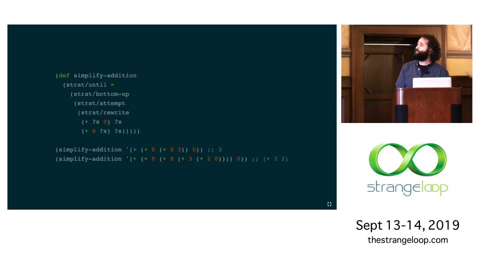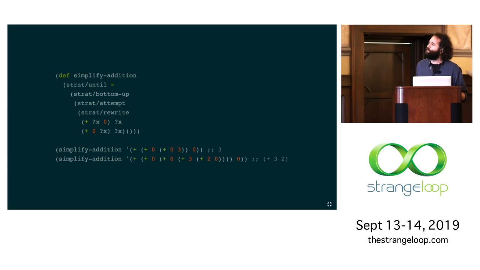So here we have a little bit of code going on, but we're getting rid of all the zeros in addition. Okay. So if you have anything plus 0 or 0 plus anything, it's just that thing. So here I've just defined a pattern match, this rewrite that says if it's x plus 0, then it's x. If it's 0 plus x, then it's x. And what I'm doing now is I'm using strategies. So when you define a rewrite rule, you can say, hey, I'm actually going to have this tree of things, and I want you to have a strategy for how you tackle doing this rewrite recursively through the tree,